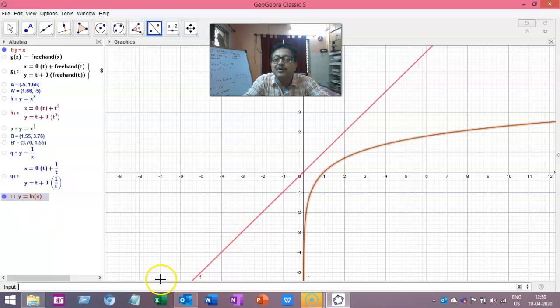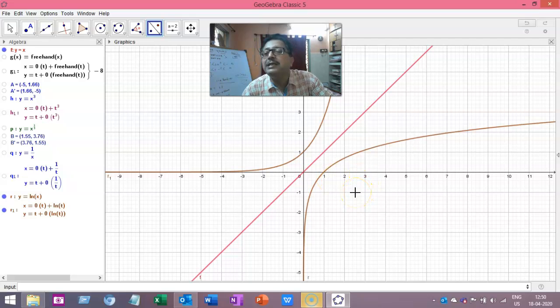I am showing you how the inverse function can be obtained here. Again, we go to the same tool, reflect about the line. Reflect this curve about this line. What did you get? If this has the equation y equal to log x, this one has the equation y equal to e to the power x.